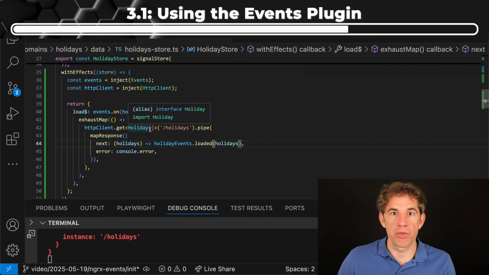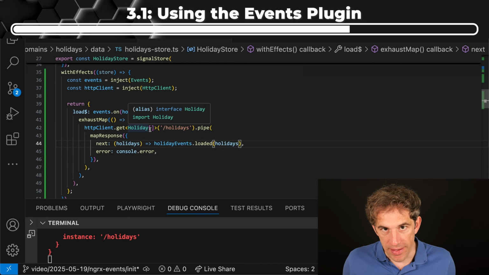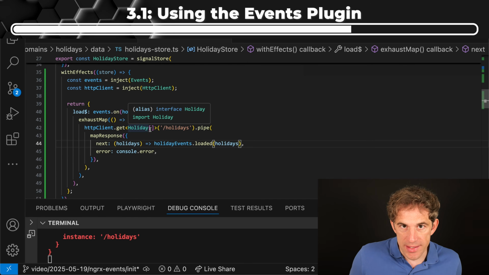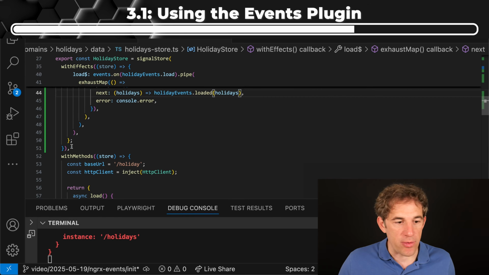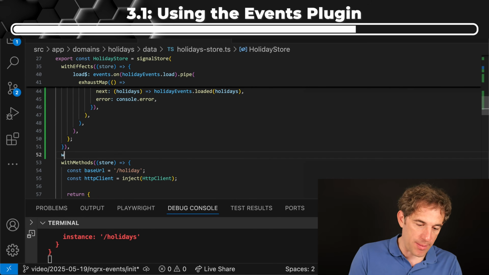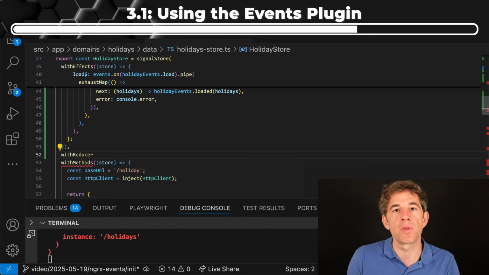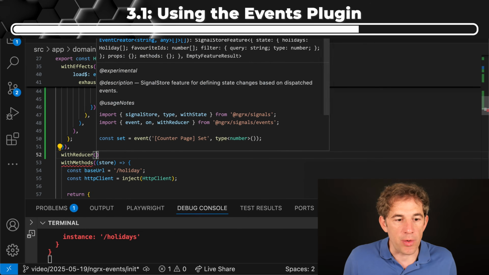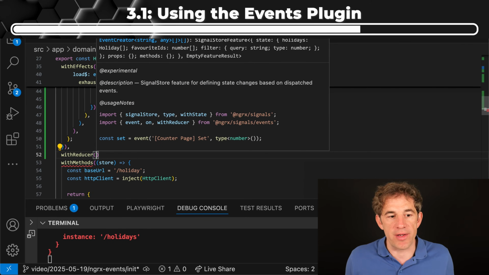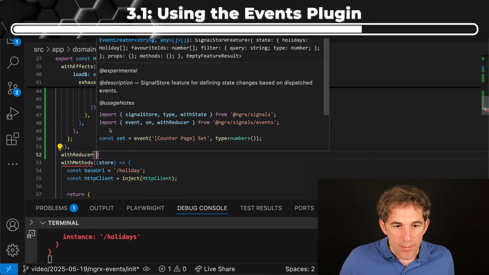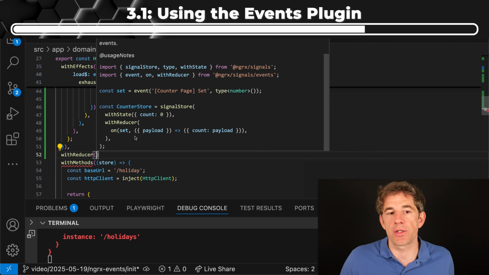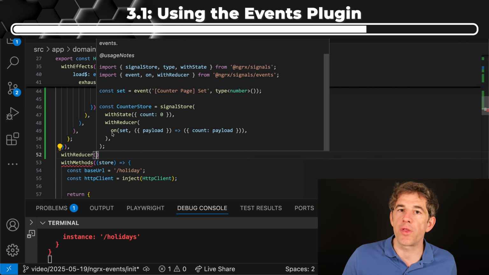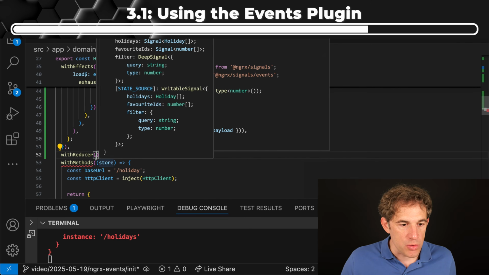Next thing, we need to care about the loaded event. And as I said before, this is now the place for the reducers. So we add, right after the effects, a reducer. And with the reducer, that's actually very, very simple. You see here also in the JS doc, the withReducer just wants to have multiple calls of the on. So I'm saying here,